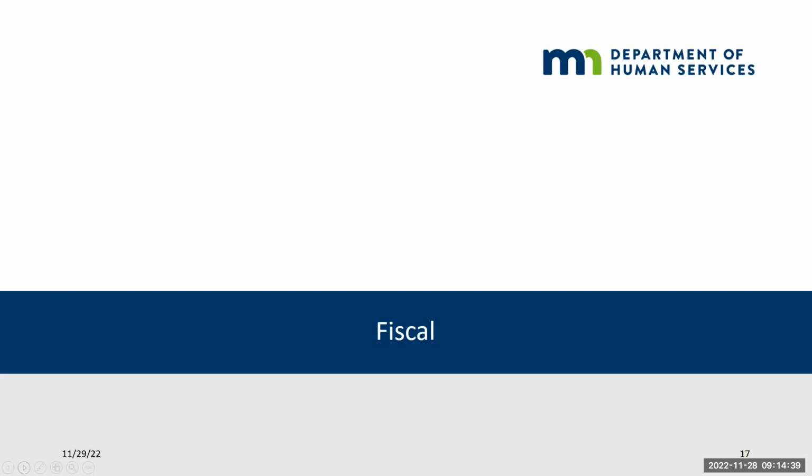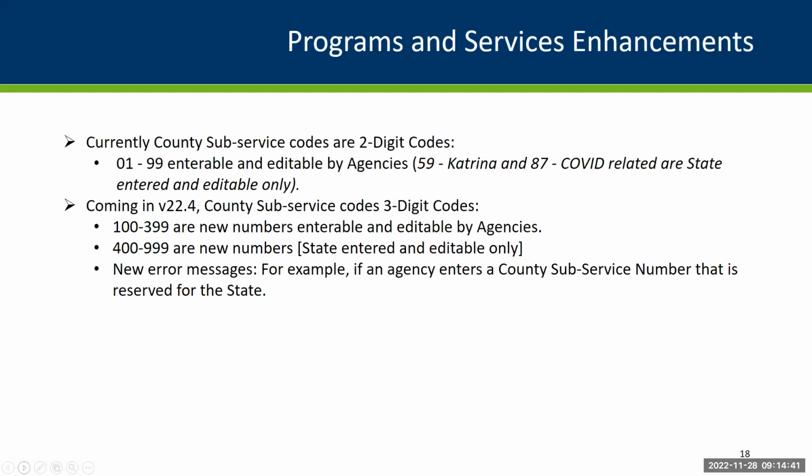Yes, thank you, Renetta. And we can just go to the next slide, please. All right, so we are very excited to announce that we have made an enhancement to our county subservice codes. They are presently a 2-digit code with only Katrina and the COVID related as the state entered at this time. Coming in version 22.4, we have added 3-digit codes. The codes 100 through 399 will be available and editable,